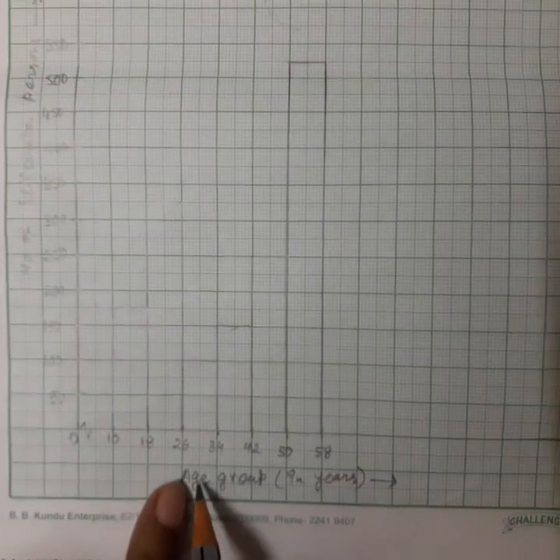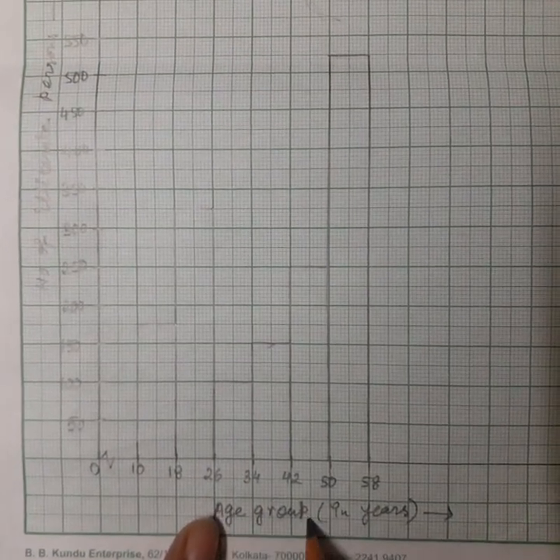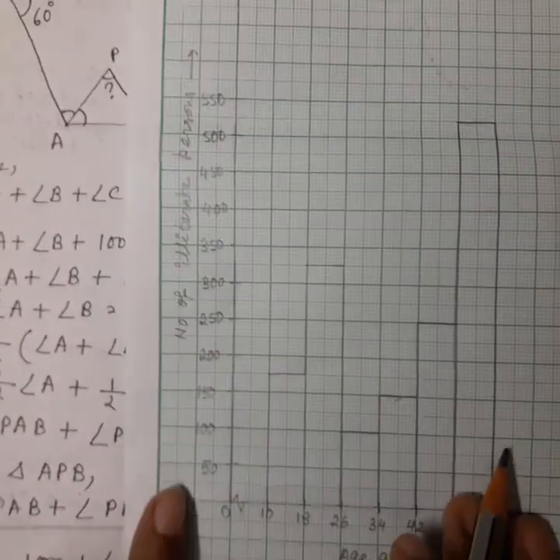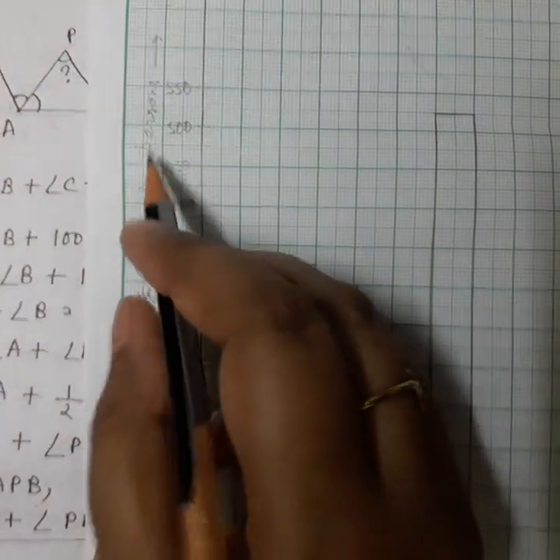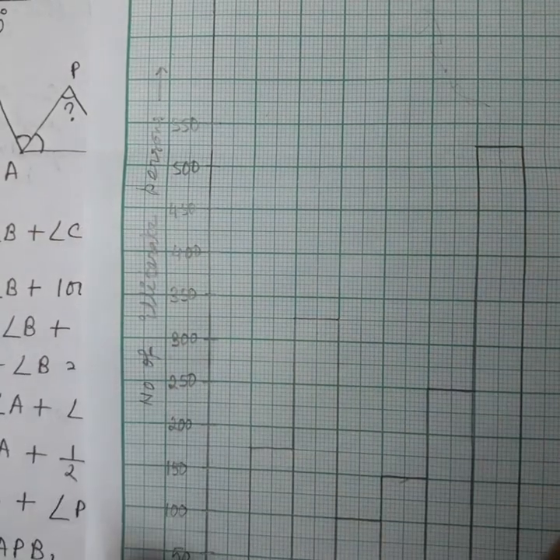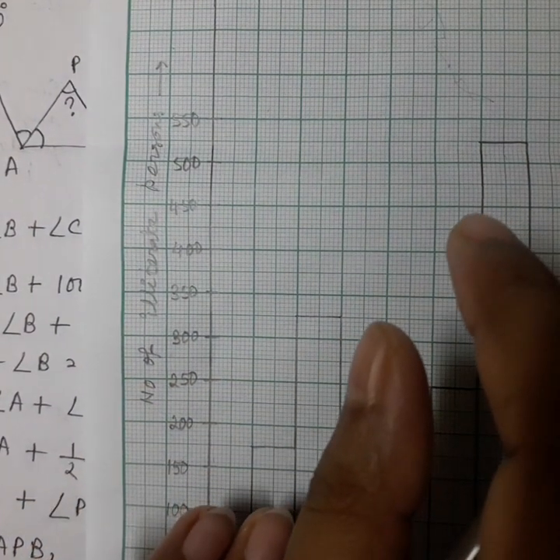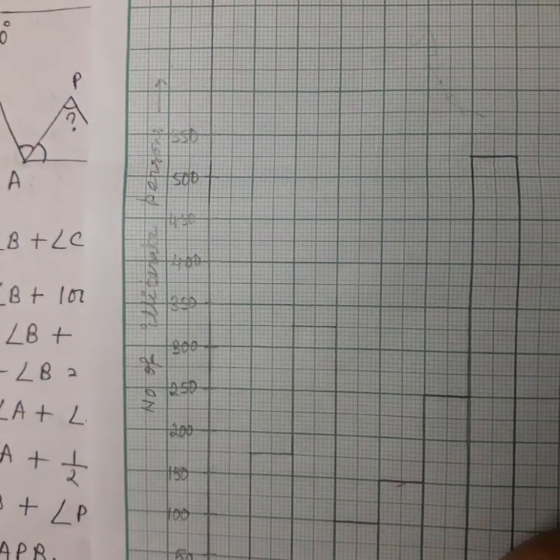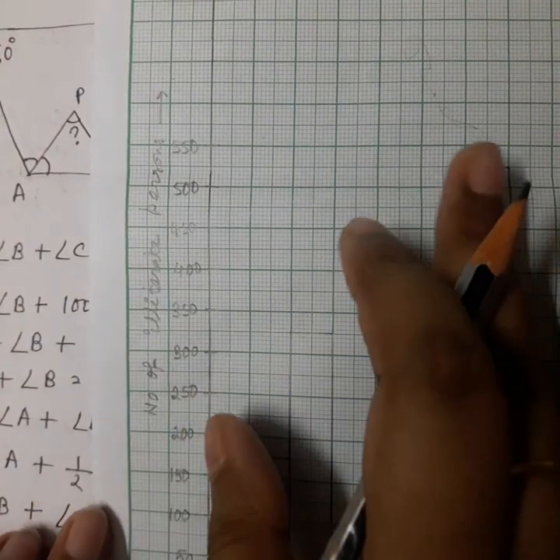So whenever you are plotting in x-axis, must write what is given, class interval, age group in years, and in y-axis you have to write number of illiterate persons, that means frequencies. Whatever I have written in graph paper, all these things you have to mention. Scale, in y-axis what you have plotted, in x-axis what you have plotted, all the things. And what about the kink? Just see the book.